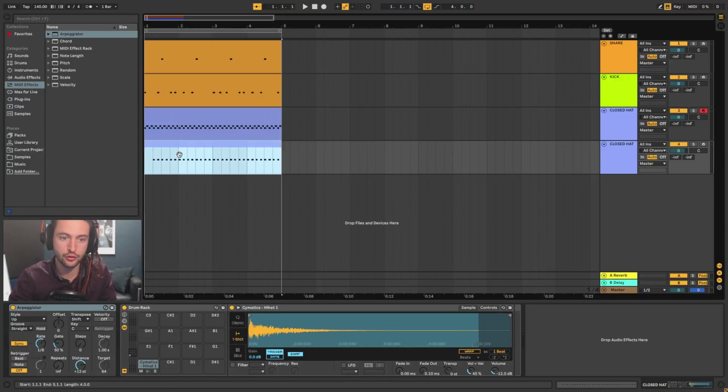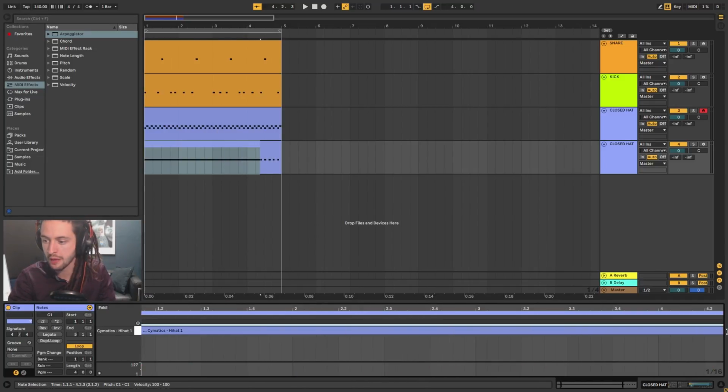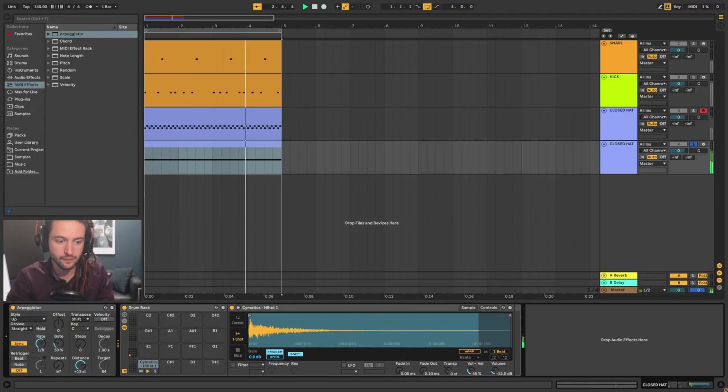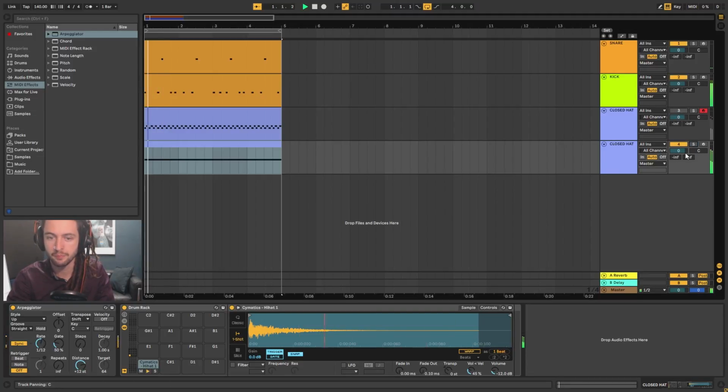What the arpeggiator is going to do is, if we draw a big old note and then we just listen to that, you'll notice we can do triplet hats and then 16th notes, and then we can do 32nd, 24, 16, and 12. Okay, so that's a bunch of different timings. So the 12, if you listen to that, if we take those hats out, and then if we add that in,